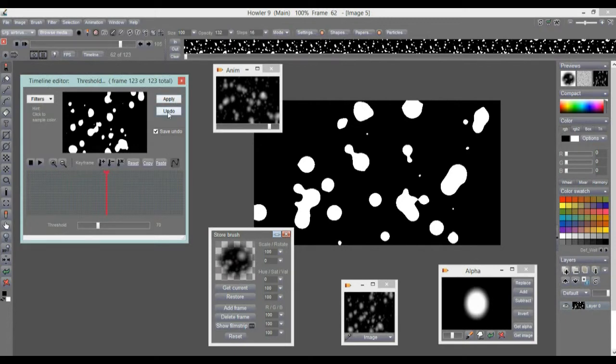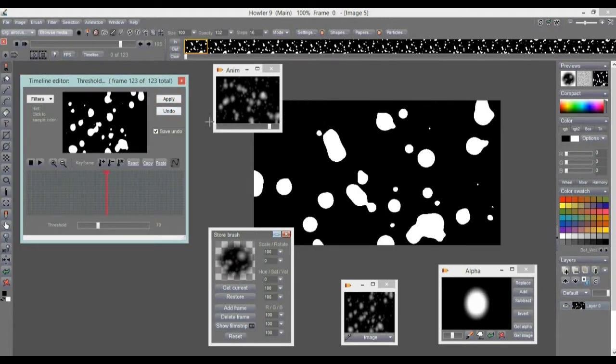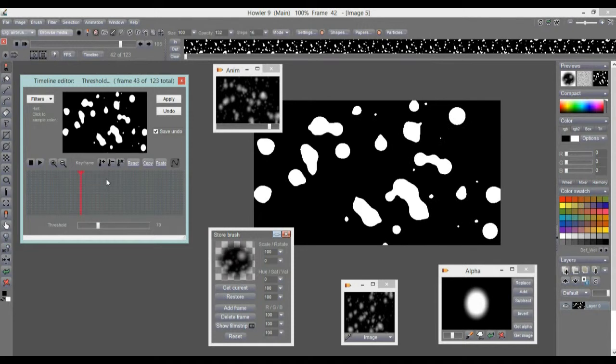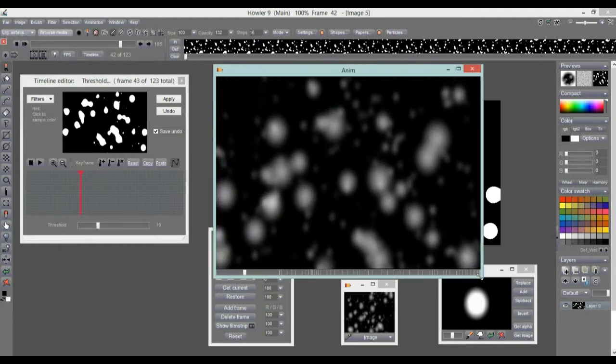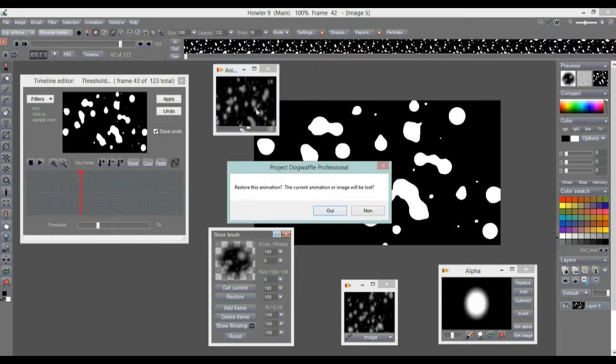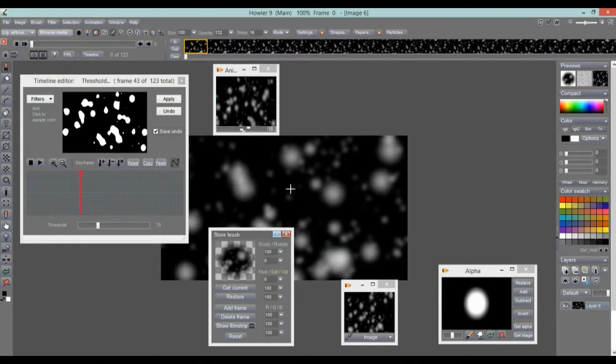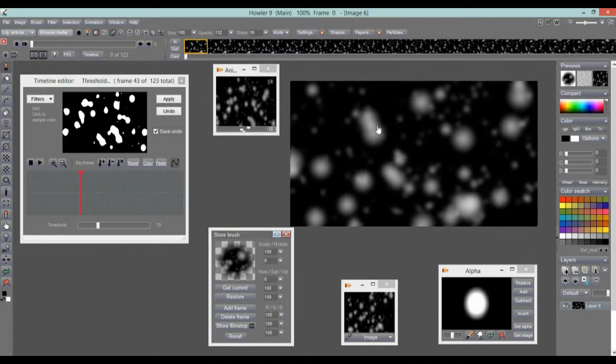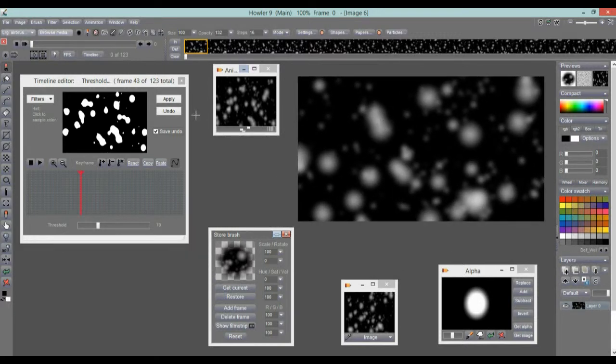Now we cannot go back. I mean, we can go back 1 level, but that's only 1 level. We needed to go back 2 levels. Well, here we have a stored copy, right? You can, in fact, in this preview, scrub through that, see the animation you have stored. You can scale it up, and you can simply click it, and that will restore it. All right, so that's a really nice little productivity enhancement feature, if you think about it,